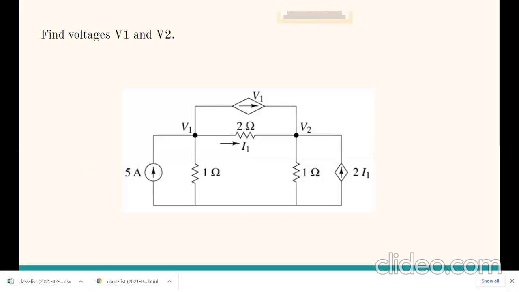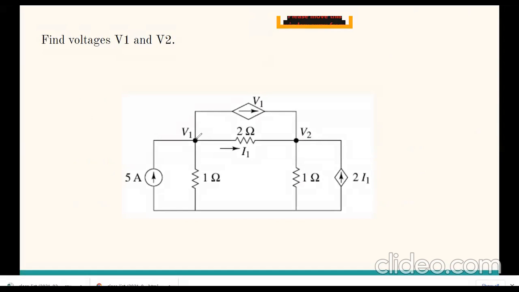So this is the network given, in which the voltages V1 and V2 are asked to be calculated. So now if we want to use nodal analysis in this particular circuit, we have two nodes, V1 and V2, right? This is one node V1, this is another node with a voltage V2, and the third node we can consider as a reference node. This reference node can be considered to be grounded. Okay. Now we will try to give the reference directions in this network.